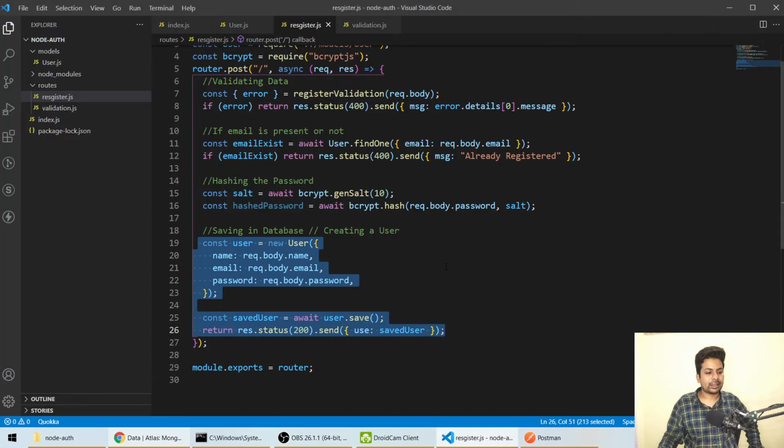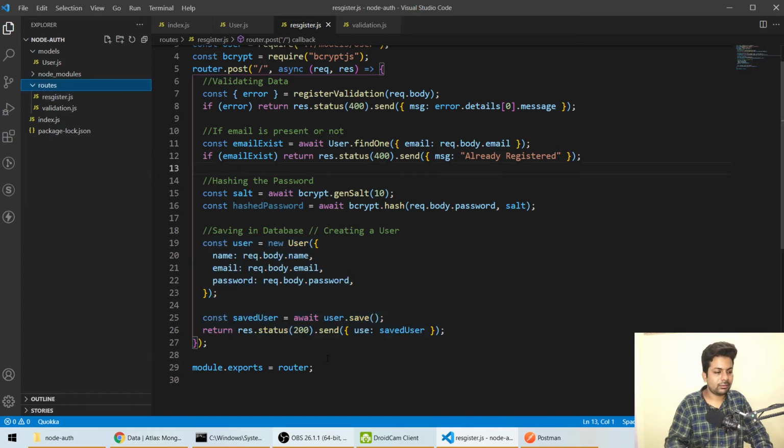So now comes the another part, the login. For login, we obviously use JWT. So for login, we'll create a new route called login.js.